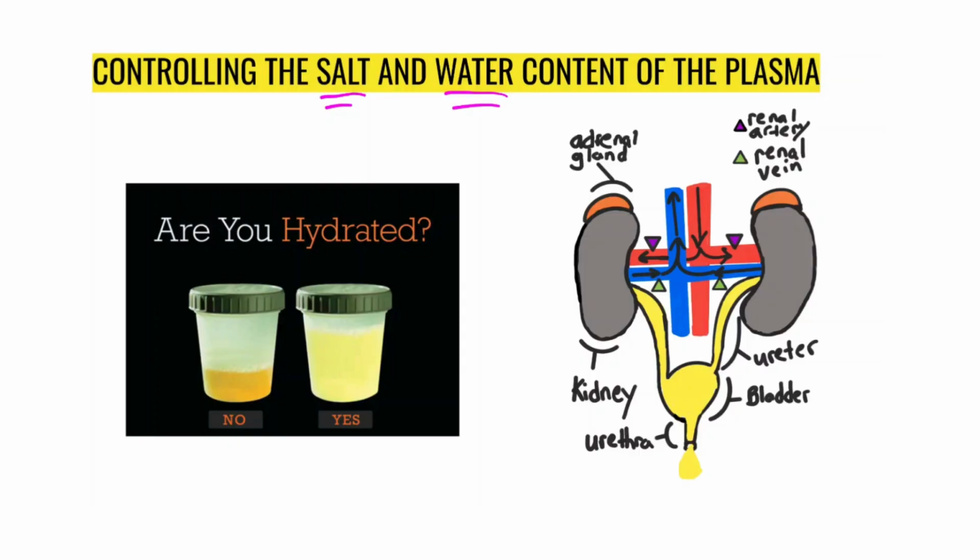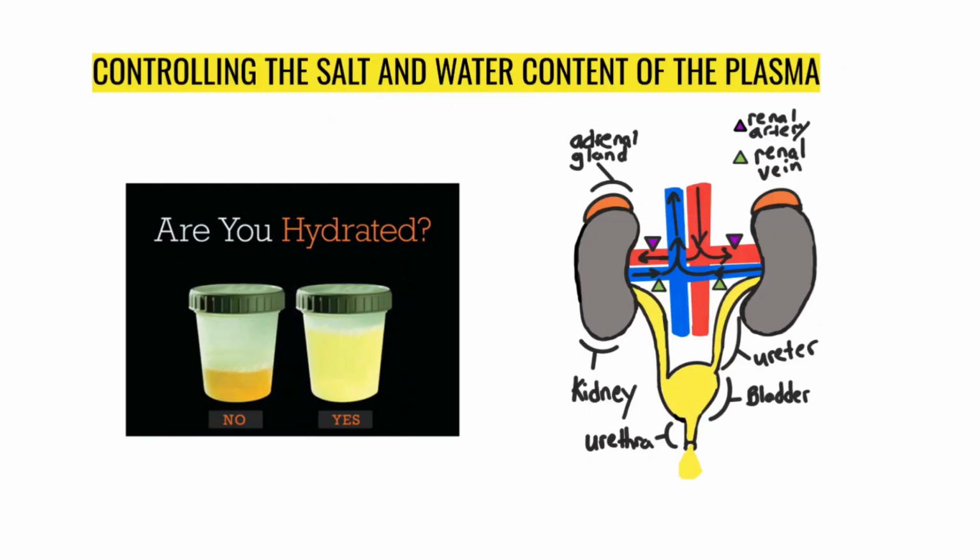For example, as we all know, if we drink a lot of water, our urine will look more like this, where it is quite dilute and there's a large volume. Okay, so this would be the case where if we have excess water in the blood, the kidneys will actually take some of that water and add it into the urine so we can eliminate extra water, and it shows up in the pee.